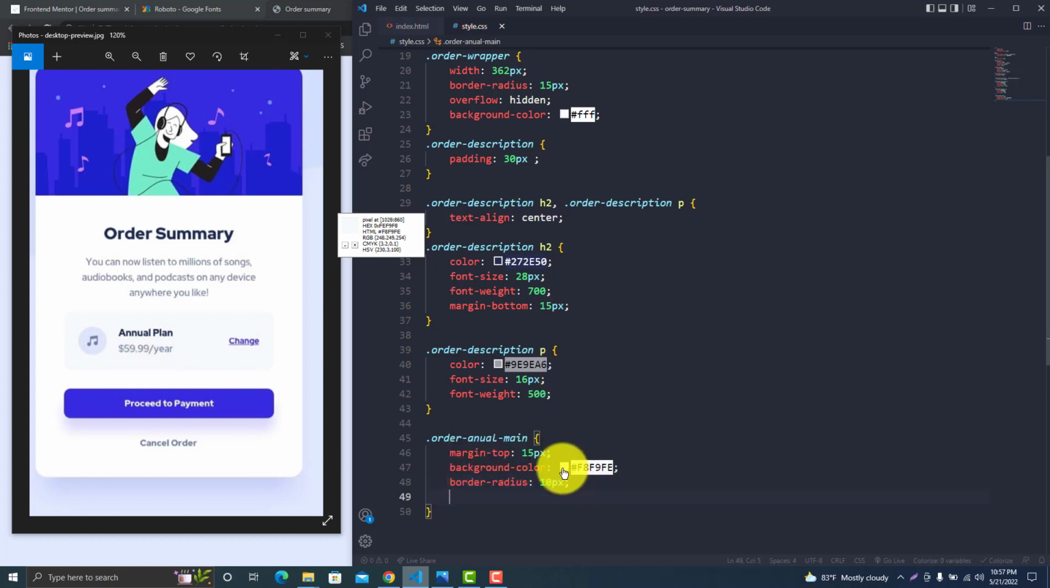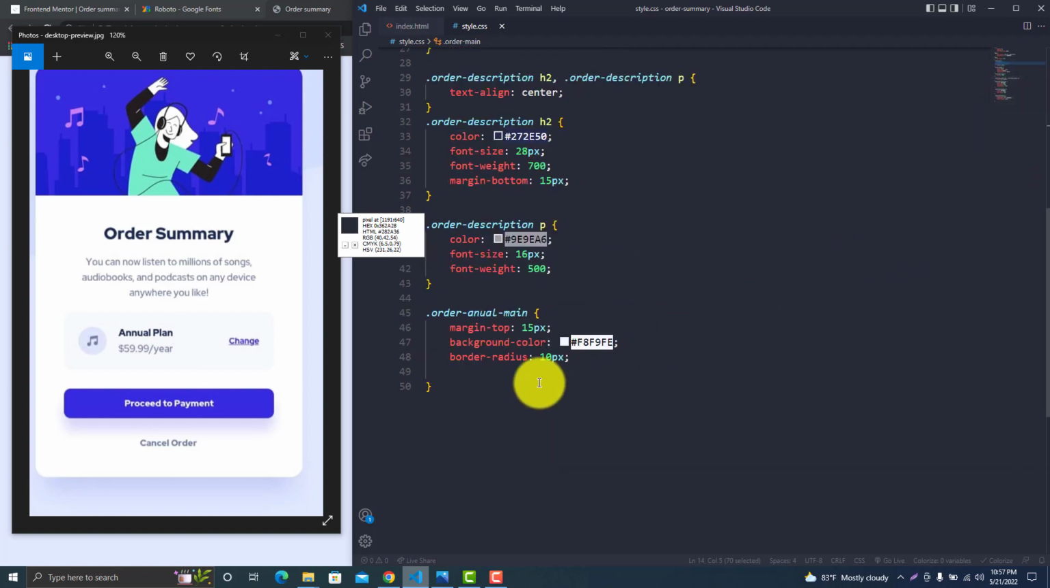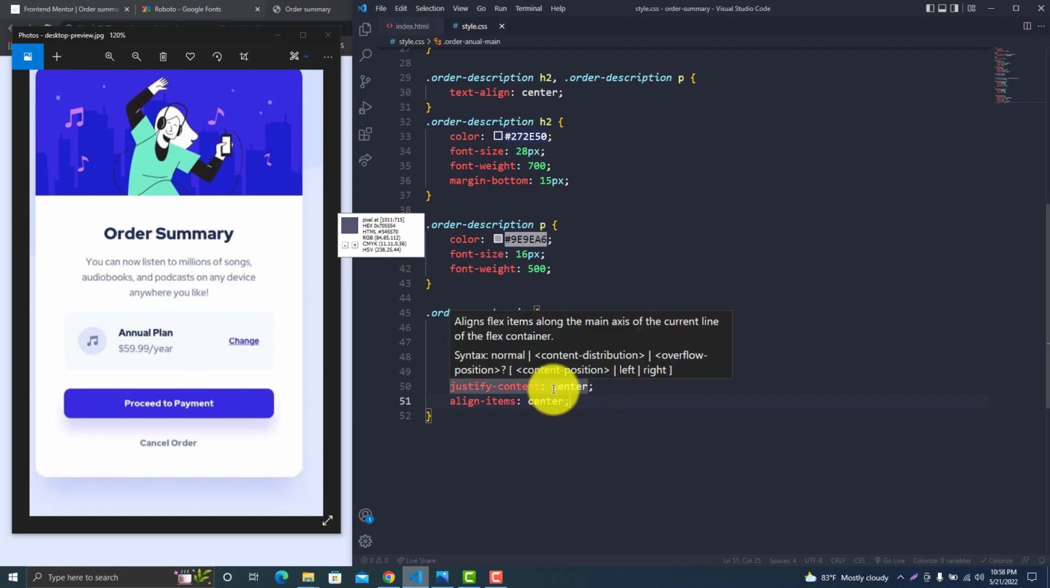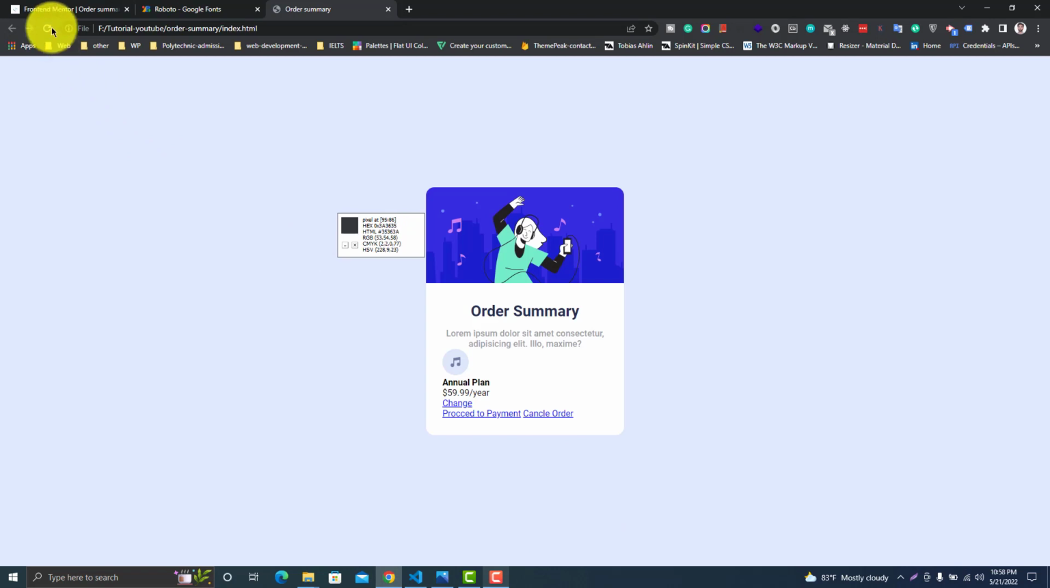Then we need to add the flex property. So I have already, so just copy it, paste it here, justify content center, align items center, almost same. So yeah, that's why I just copied, and after that, let's see how it looks like. Okay,